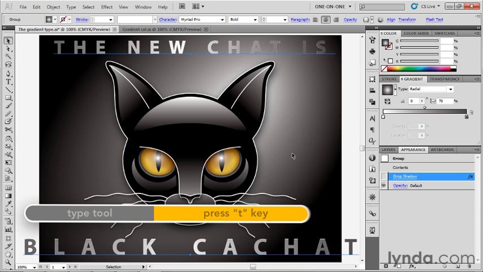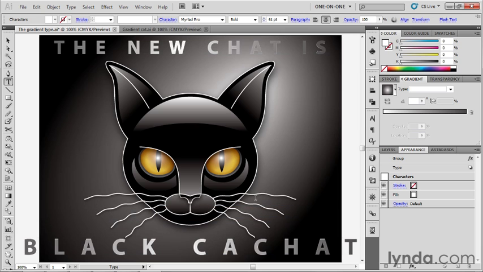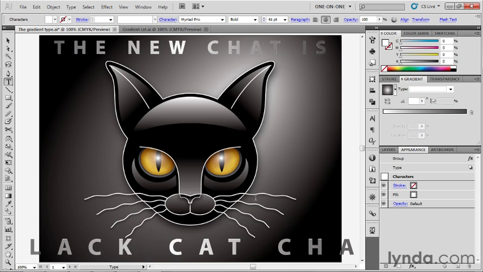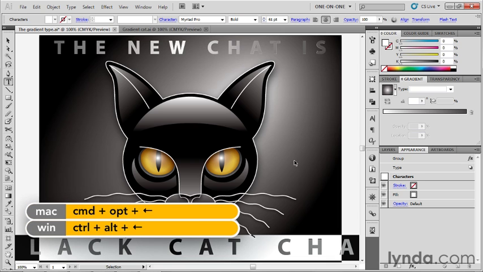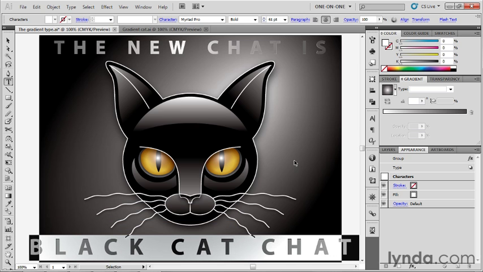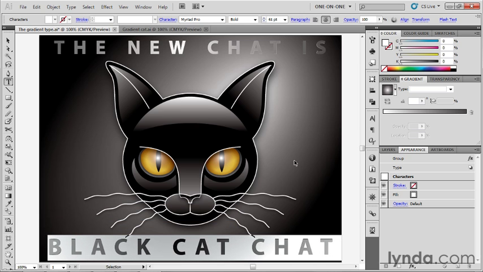And then I'll press the T key to switch back to the type tool. I'll click to set the entry point after the A, and I'll enter T period, like so. And now everything happens much more quickly. I can't see the drop shadow, but I think I can imagine that. So I'll go ahead and press Control A or Command A on the Mac to select this entire line of type. And I'll press Control Alt left arrow. This would be Command Option left arrow on the Mac several times in order to move those characters more closely